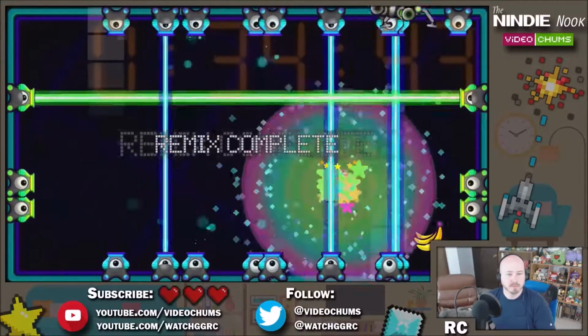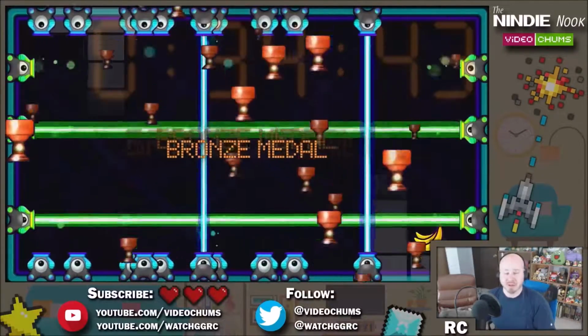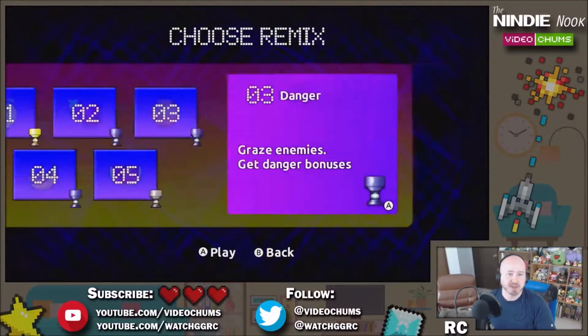Whoa! There we go. See? Already out of it. Bronze medal again. Down level 3 here, we have graze enemies get danger bonuses, and I thought that this was pretty creative